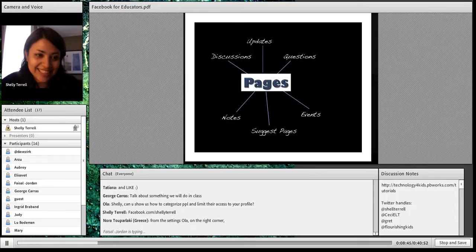Now, pages are less active than groups. There are ways you can be active. You can host discussions. You can host updates. You can post updates. You can have people post updates on there as well, those who like the page. But they're more open. Pages tend to be more open.